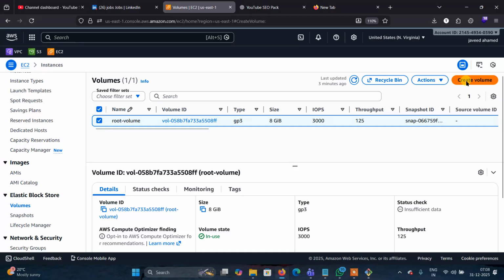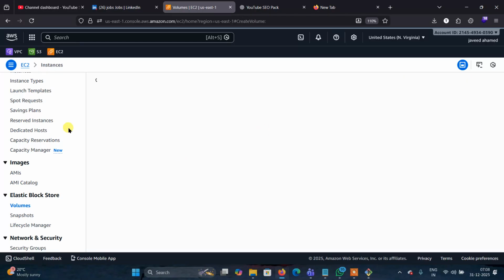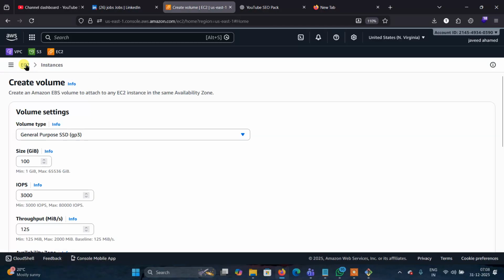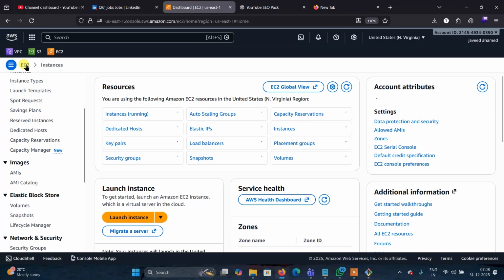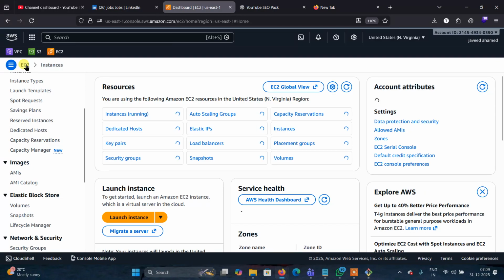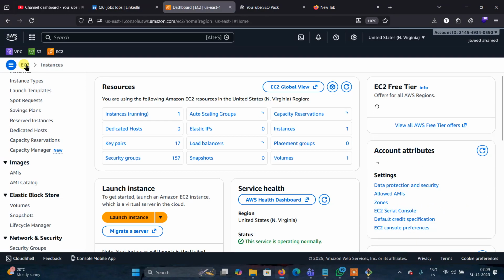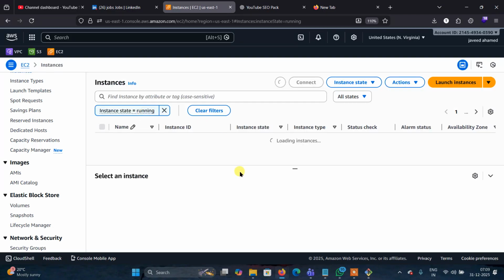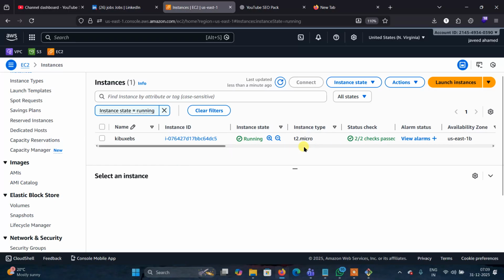Click on create volume, and we need to check where the instance is created. Check the availability zone where the instance is created. Here we have not added any specific availability zone. When you don't select any availability zone, AWS will pick one of the availability zones automatically, and the instance is created